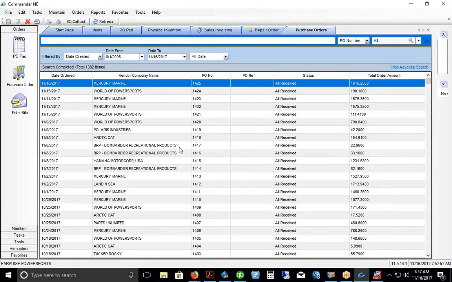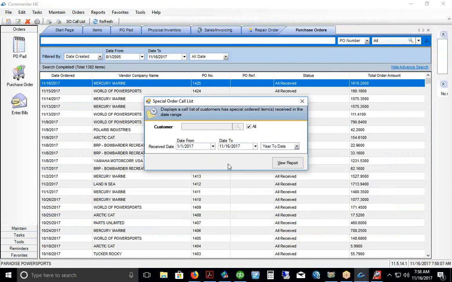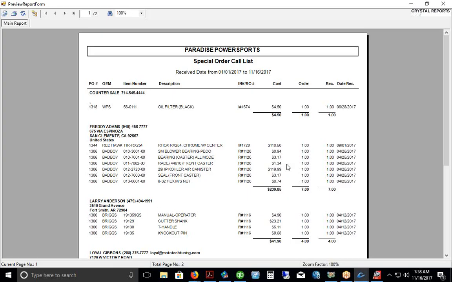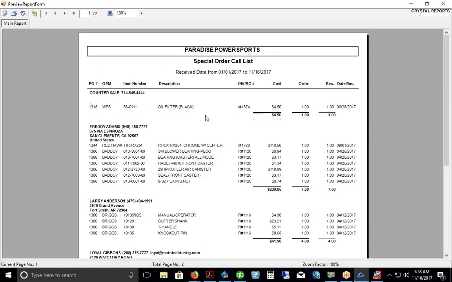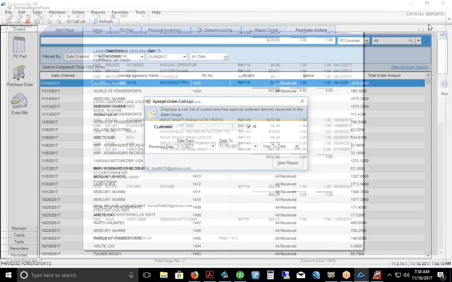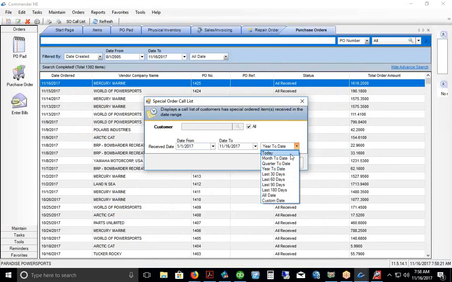Now, if I don't know where the parts have got to go, and that same scenario exists where I had parts that came in for a lot of different customers, there's a special order call list button up in the top left. I'm just going to click on that. And what that'll do is it'll break it down for me by customer and by job. So when I look at all of my parts that I've received, I can actually tell here whose parts came in. If I want to look at just today,